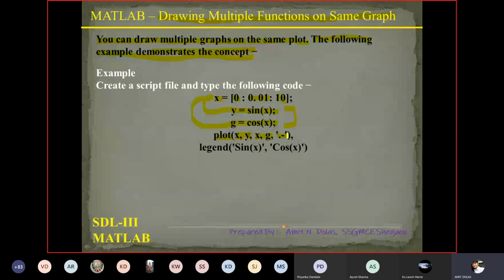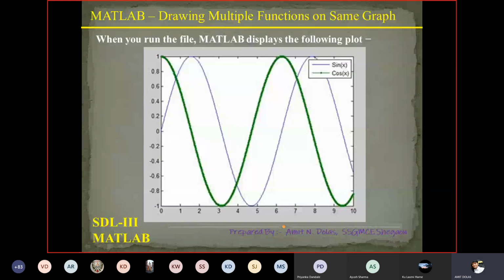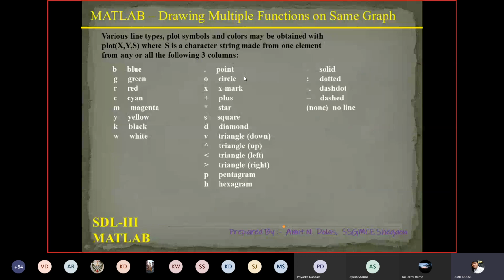And next to that, in single quotes, you may see that there is a dot and dash line. That will change the pattern. You can see in the result what is the meaning of dot and dash line. The dot is for points and this dash line is for a solid line.